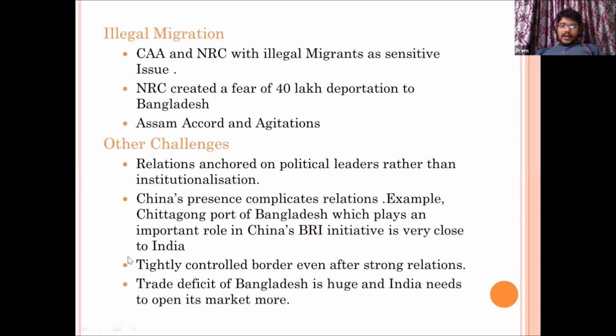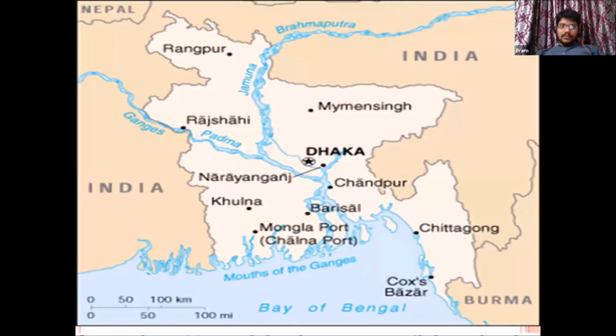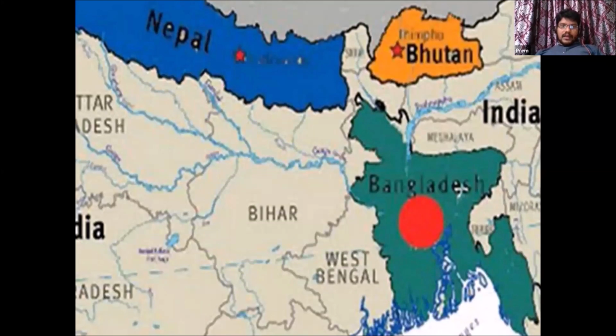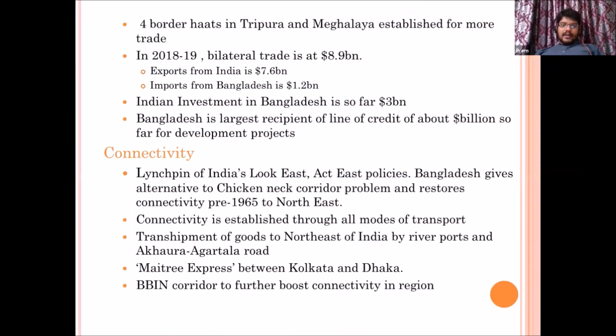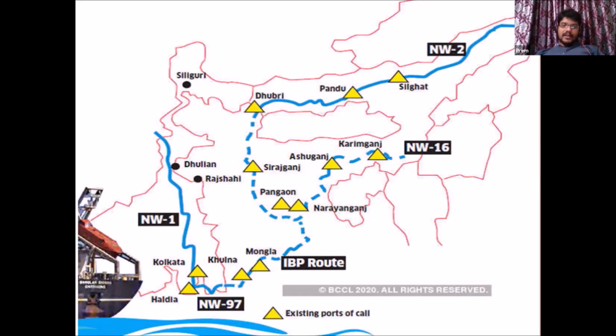And finally, I showed you an economic angle, that we have such a huge trade surplus with Bangladesh despite giving zero duty access to Bangladesh goods. I can show you here once again. If you see in economic terms, out of 9 billion, around 7.5 billion is what India exports, and Bangladesh exports only 1.2 billion. That means a trade deficit of about 7.6 billion with Bangladesh. So Bangladesh frequently raises this issue.